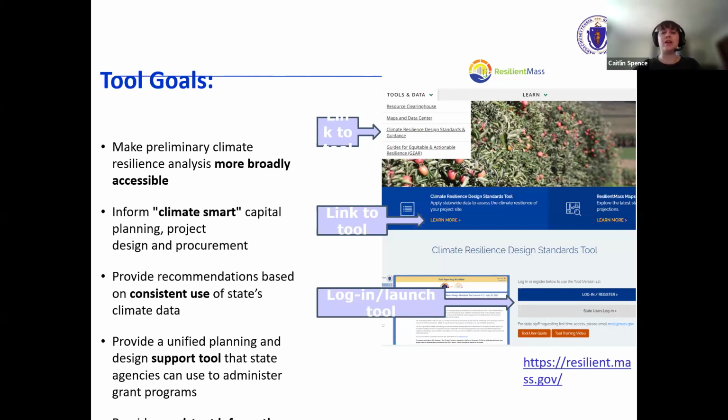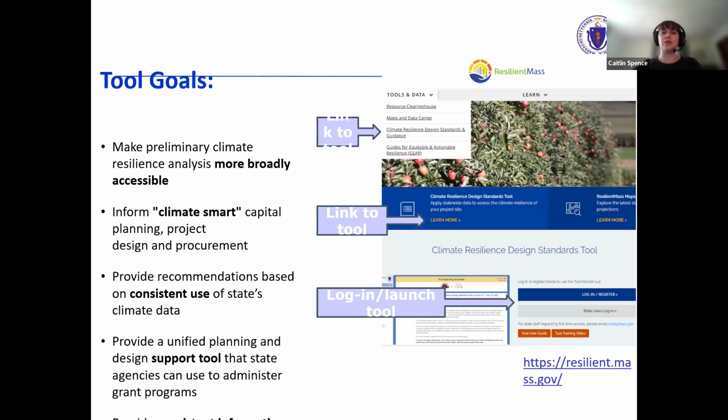provides preliminary climate hazard exposure screening, meaning a sense of what natural hazards the project will be exposed to in the future, a score of the risk of the project to climate hazards, and recommendations for how to design the project for its level of exposure to hazards in the future and its criticality.